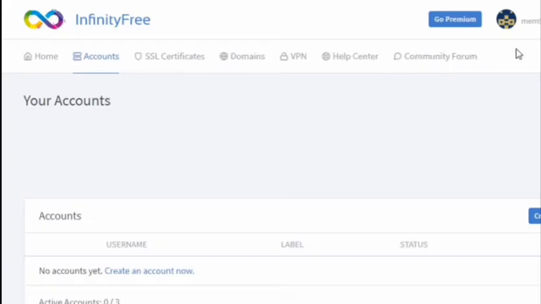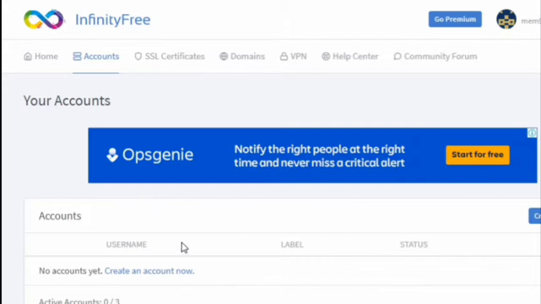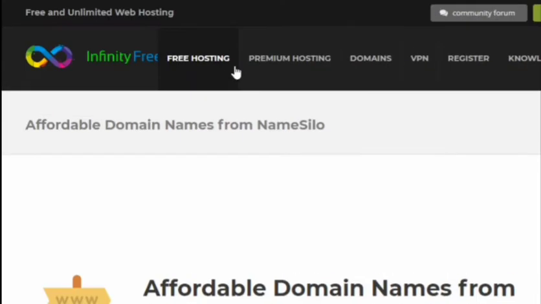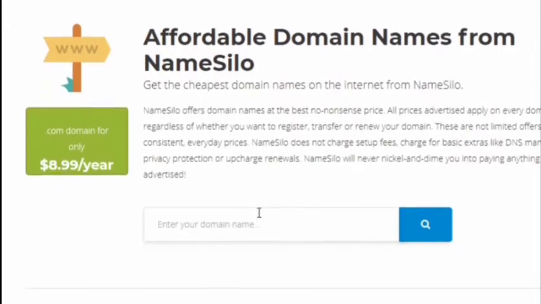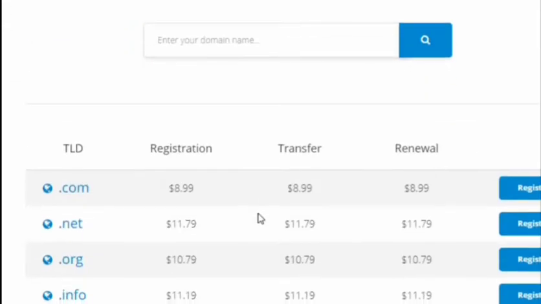So if you are going with it, create an account. I have already created an account and I have logged in. So if you are new to it, sign up and create an account and log into the website provider. So this is the dashboard. Here the create account bar will give you new websites to be built.